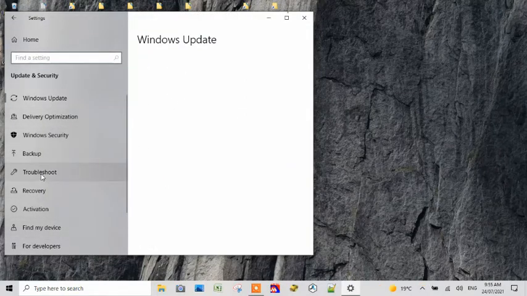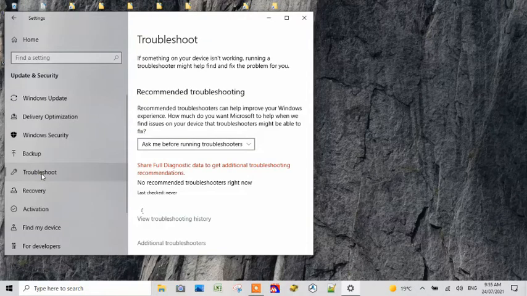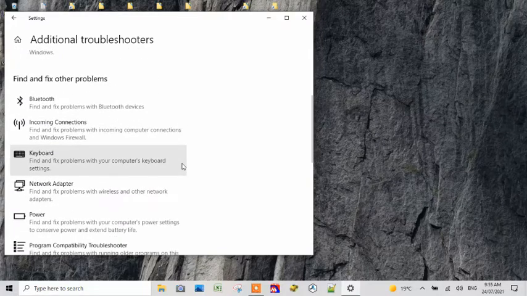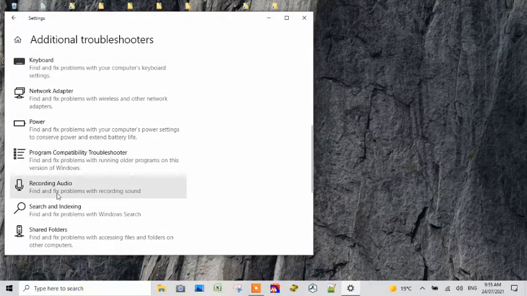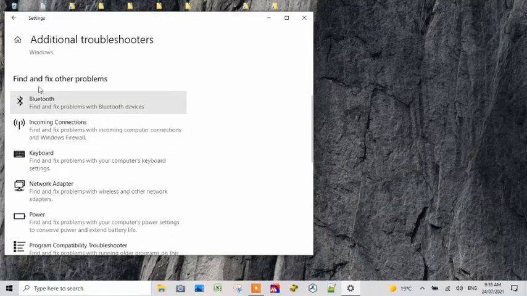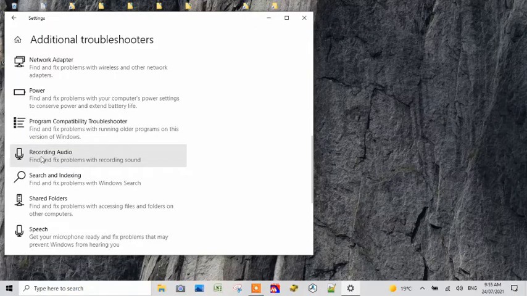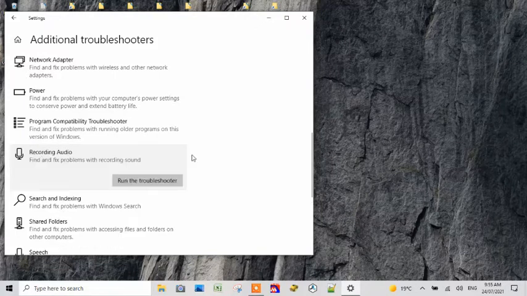And somewhere down here there's this thing called troubleshoot. Now you'll see there's a whole bunch of things. And down here you've got this additional troubleshooters. And one of these is playing audio. Now further down, as you get down here, fix other problems. You've got to come down the list and there's one that says recording audio, and that's what I was having